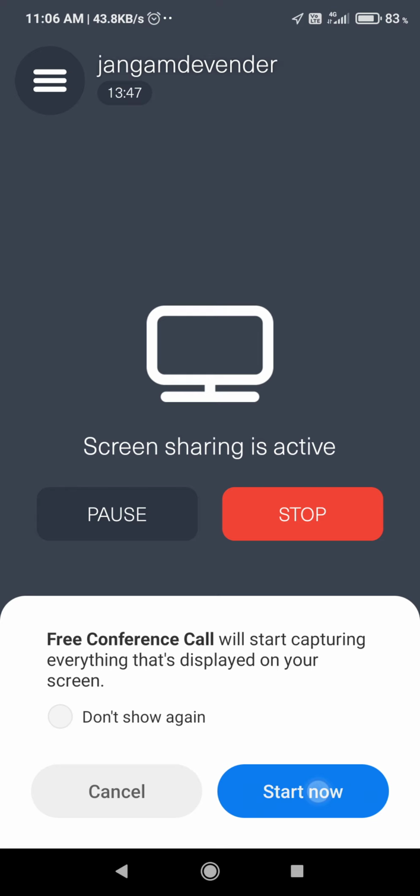Now I need a radio button, or a password. If I want a password, I'll be saying here password.